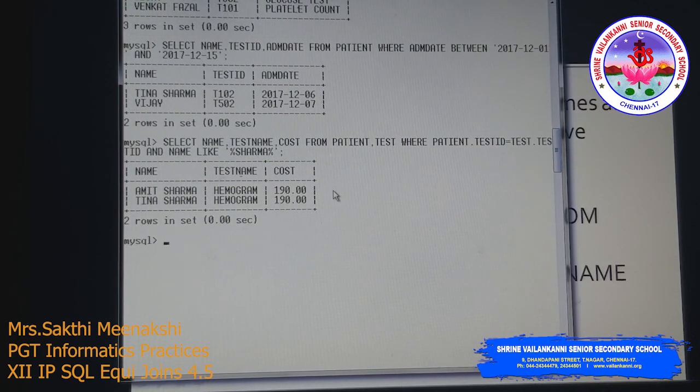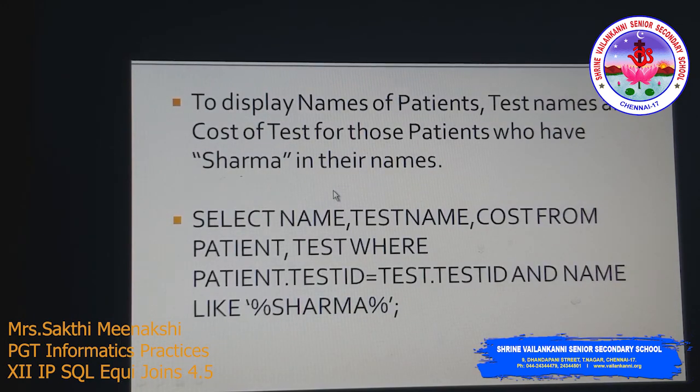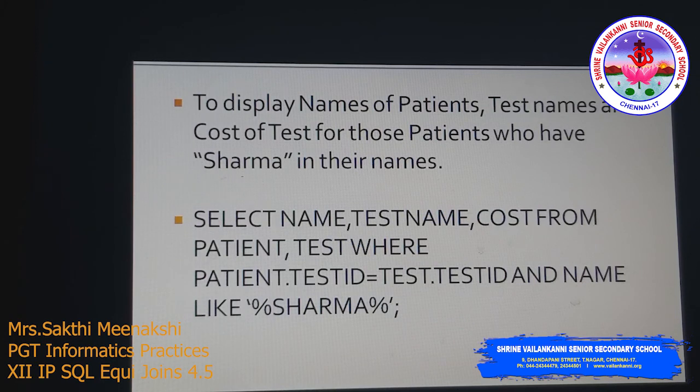Okay, so in this way you can refer two tables. These are the sample exercises. So this is the way. First thing you have to consider the column names, from which table we have to refer. If it is from two tables, you have to write the equality condition. Okay, using the common column, you have to write the equality condition. Then if any other condition is given, you have to use it with the AND operator, right? So that's all about today's class. Thank you.